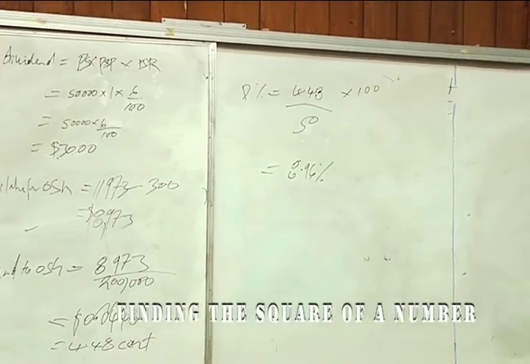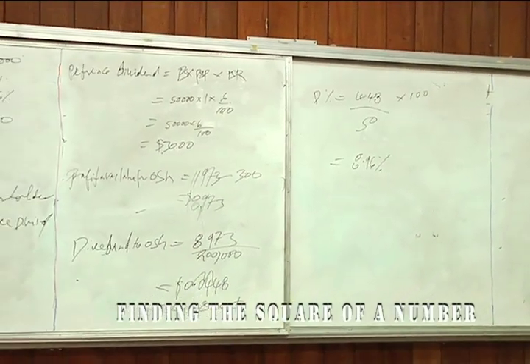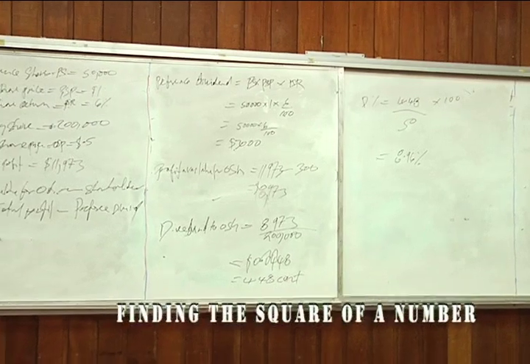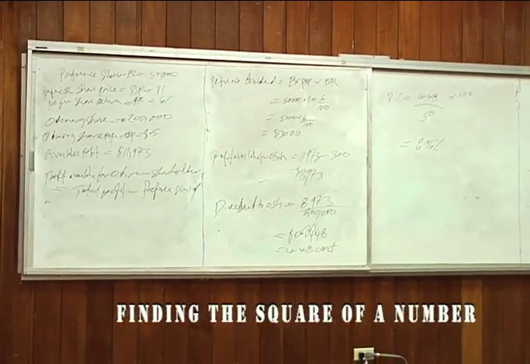Simply multiplying it by itself twice. You understand? So once you see an index,